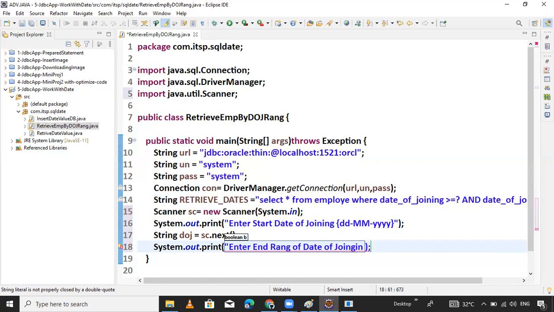We provide the format also here to the user for better convenience. So here the same DD-MON-YY format, enter it. That's it.